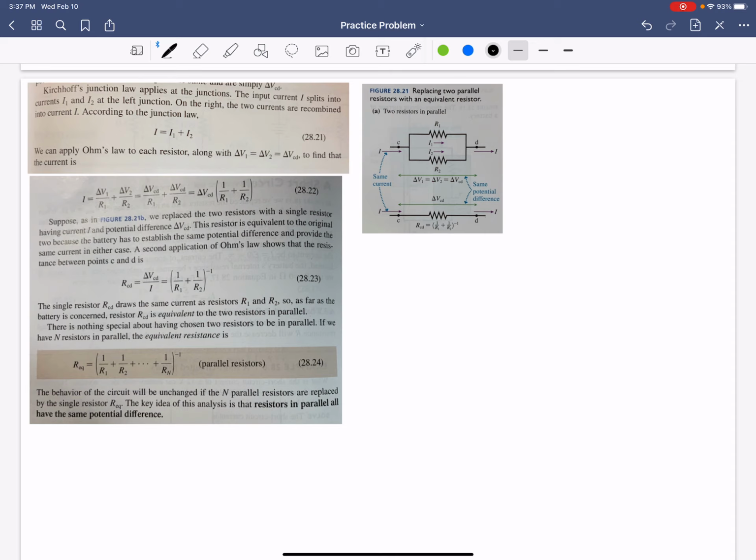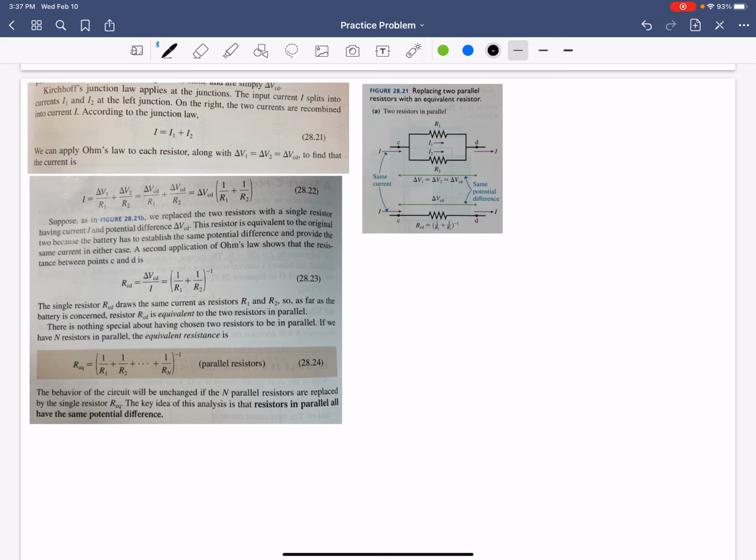Let's just get started. Kirchhoff's junction law applies at the junctions. The input current I splits into currents I1 and I2 at the left junction. On the right, the two currents are combined into current I. According to the junction law, I equals I1 plus I2. So we know that